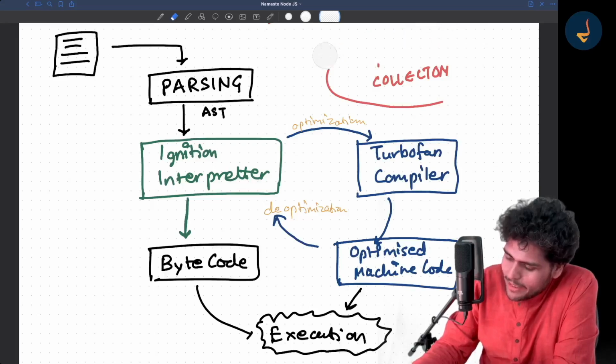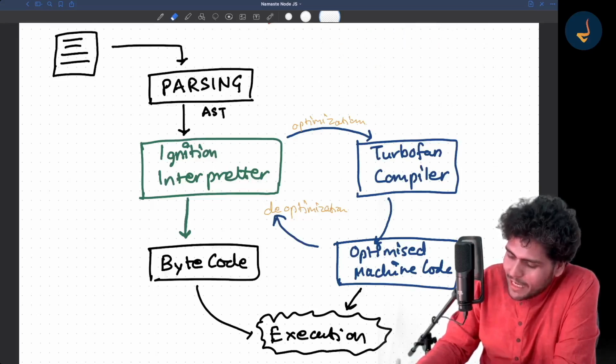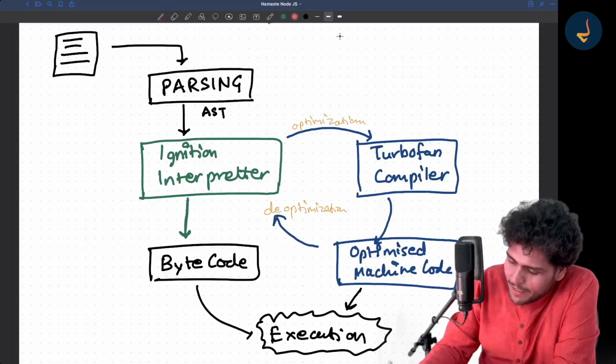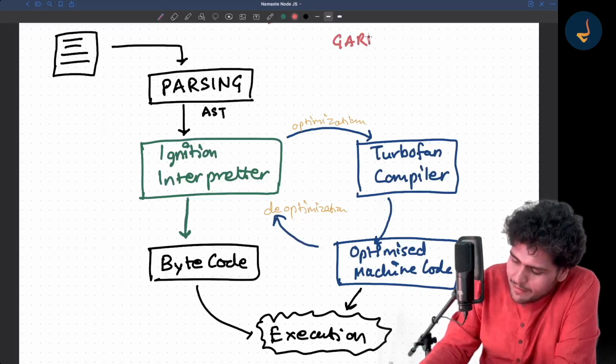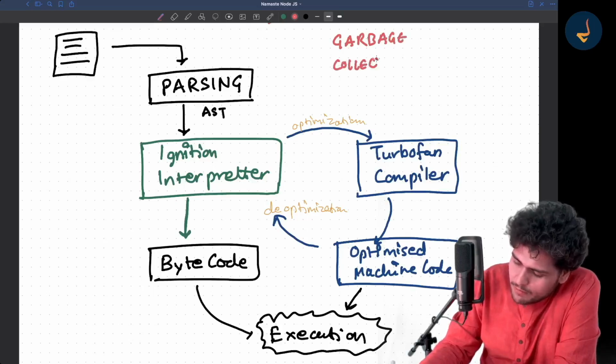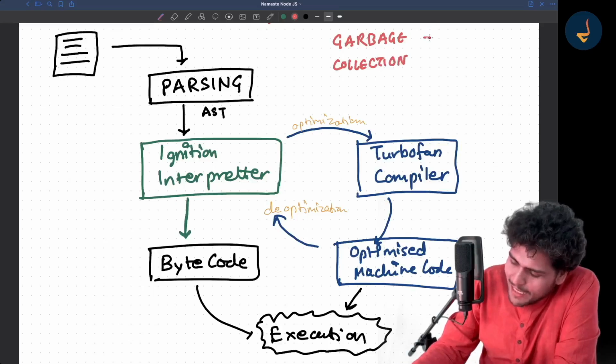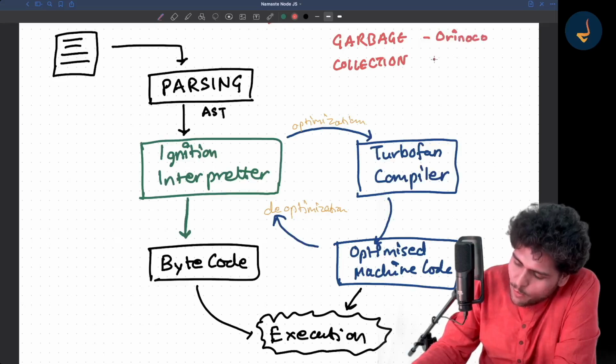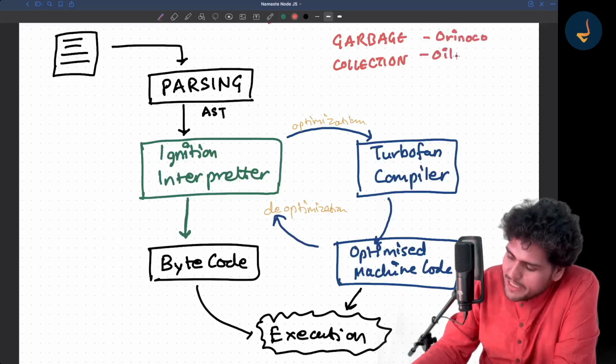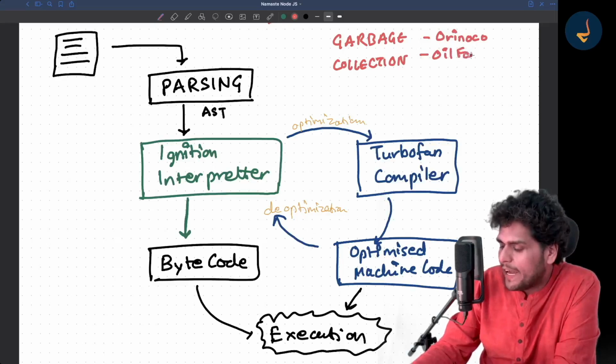Let me make garbage collection even better. Sorry for my bad handwriting. Garbage collection. Now, the garbage collectors: first is Orinoco. There is one more garbage collector which is known as Oilpan.